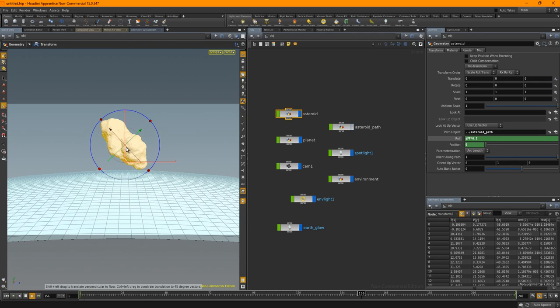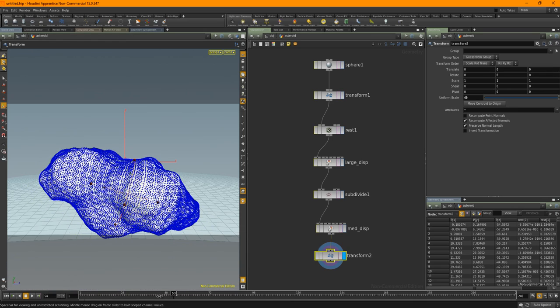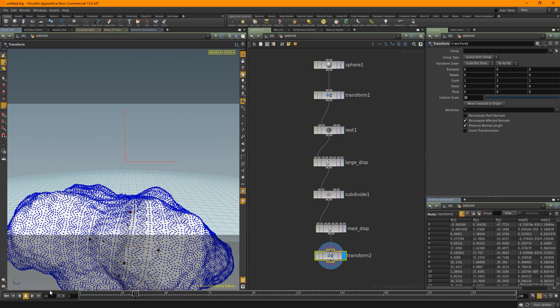Obviously I don't like the way that curve bobs up, but we can deal with that. Asteroid transform 43, 40. I don't think it needs to be as big as it is. $35 maybe.